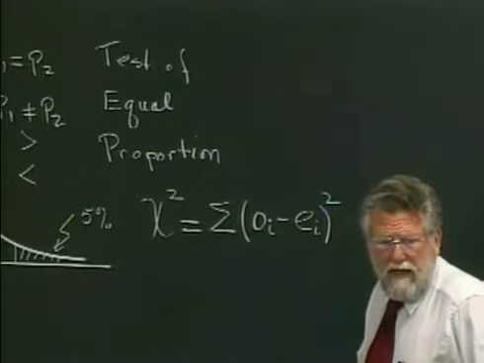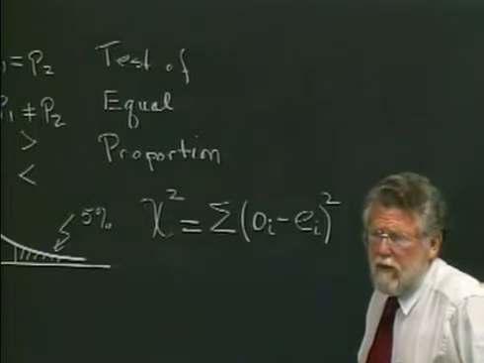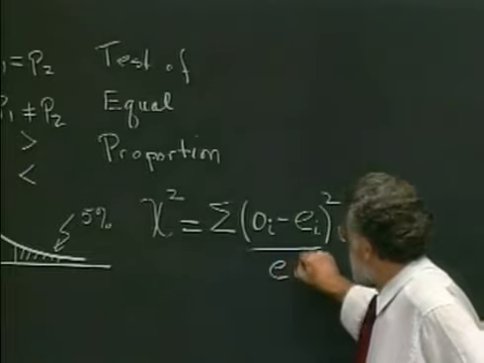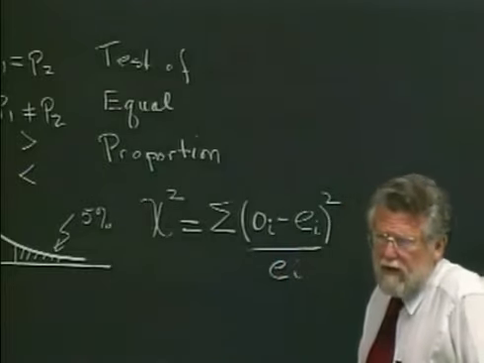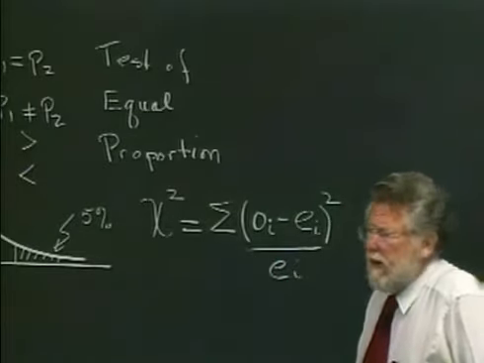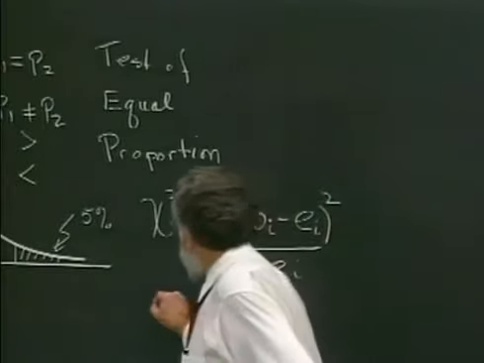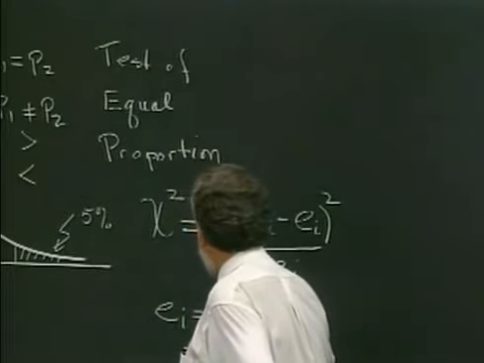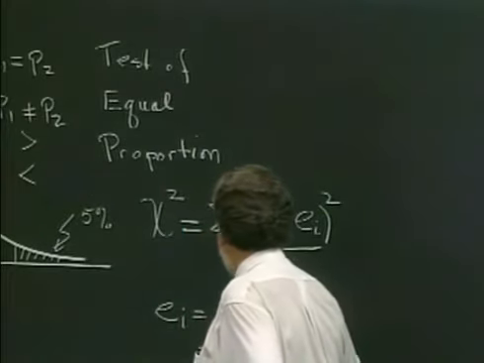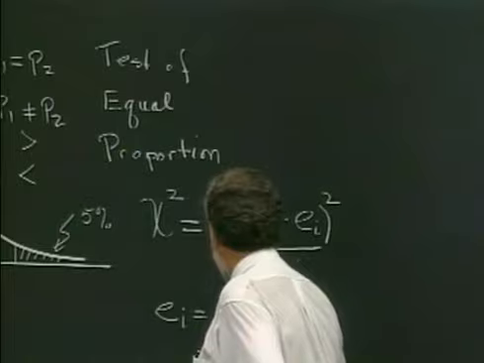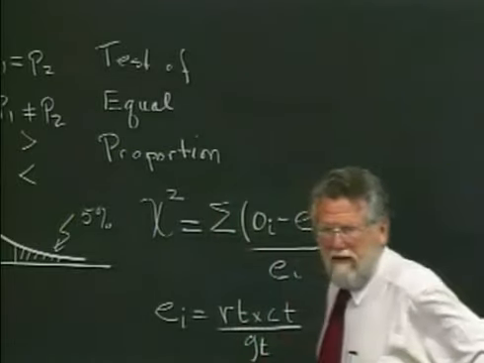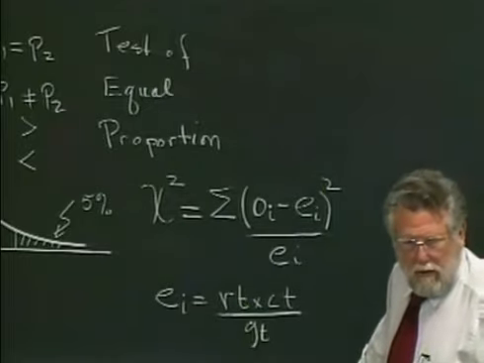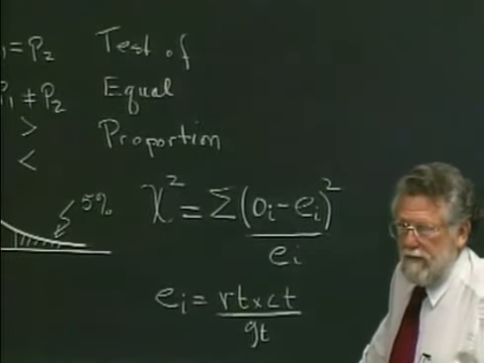You subtract the expected from the observed in each cell and square the difference. Then you divide by that expected value. That is our test statistic. And just a reminder, these e's can be found by taking the row total, multiplying by the column total, and dividing by the grand total. So we have a nice little formula that we can generate values of E for our contingency table, our 2x2